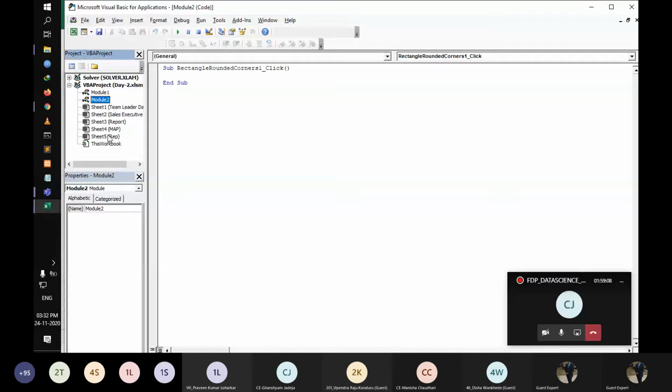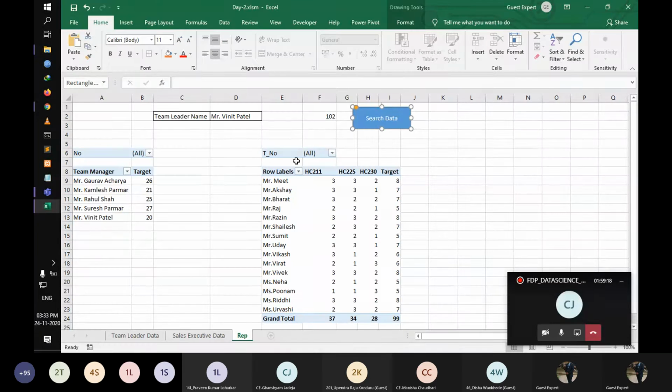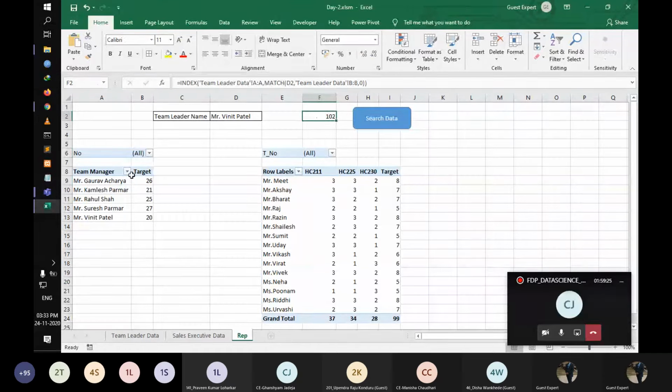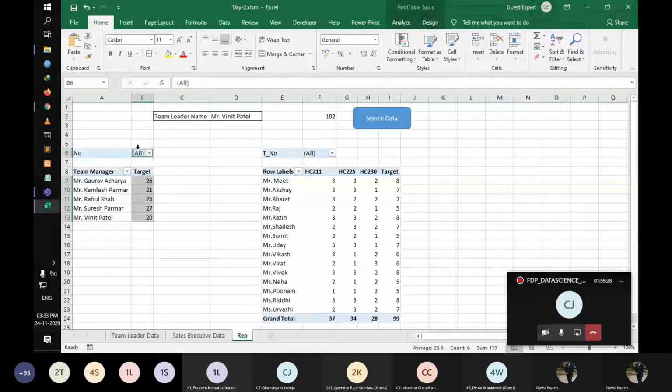You have to see this. Sheet number 5 is my REP file. Everyone knows that the data should be representing from the right side to the left side. So I want data from F2 into this B6. So I have to write down these things.